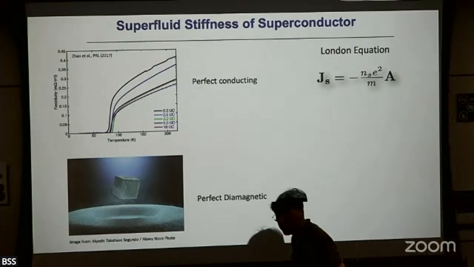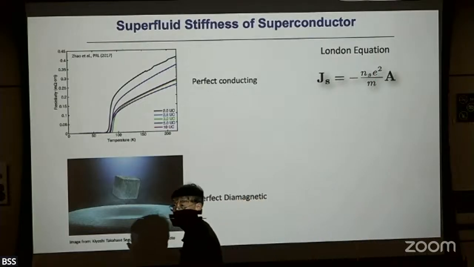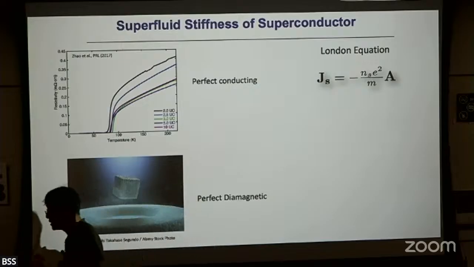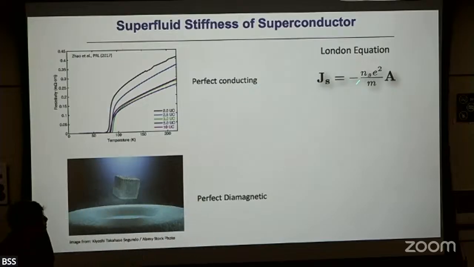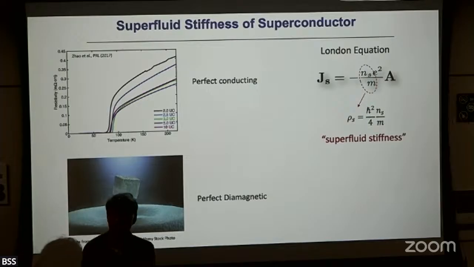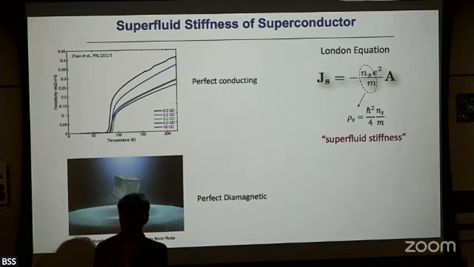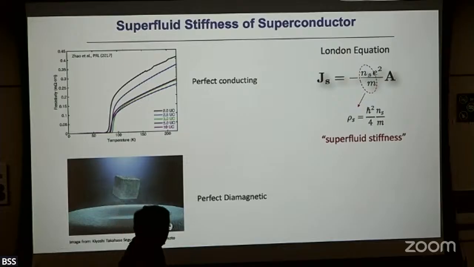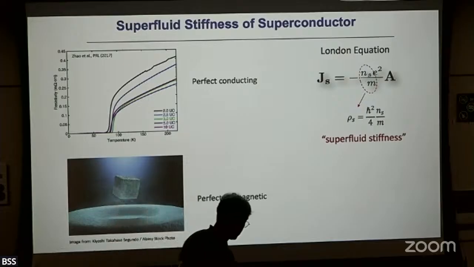So n over m naturally comes around in here again. And what you see here is basically an important governing quantity. Often this is what people call the superfluid stiffness, with the coefficient h bar squared over 4 in front of it, right? In some sense, the superfluid stiffness is therefore a quantity that governs two physical properties in the superconductor.